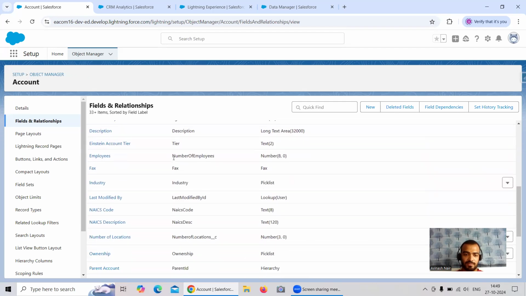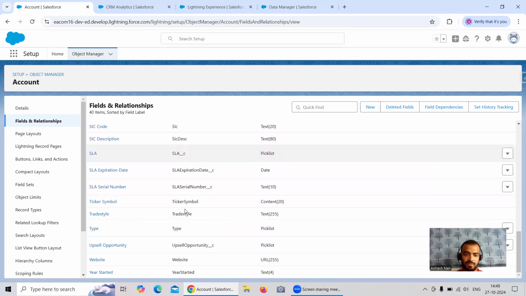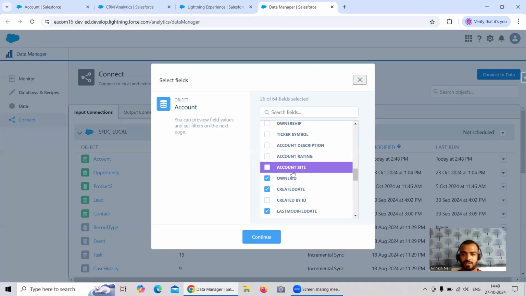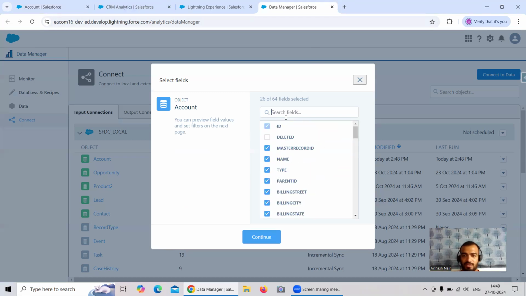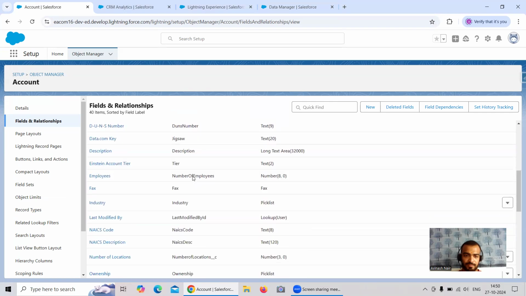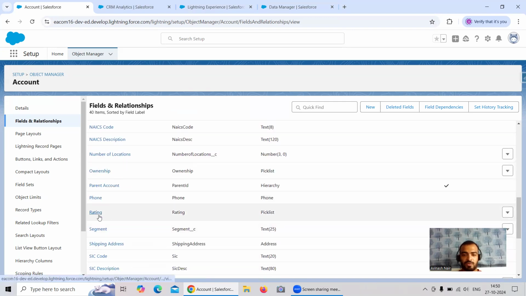Fine. Now this account rating, where is the account rating? I think account rating and rating are different, if I'm not wrong. Let's consider this account site, which is a text. I'm not sure whether that rating is the actual one or not, so let me search with rating maybe. Yeah, I think account rating and rating are the same thing. That's fine. So this rating which we have is a picklist field. So if I just go over here, rating,